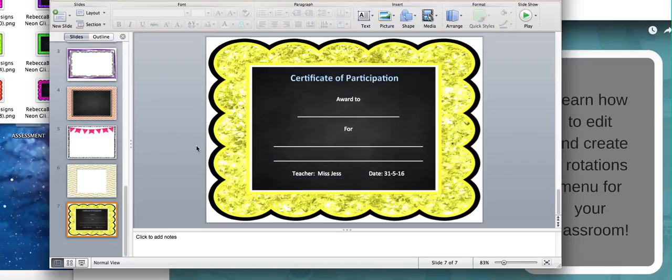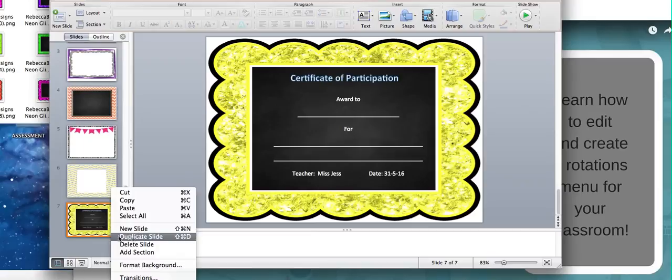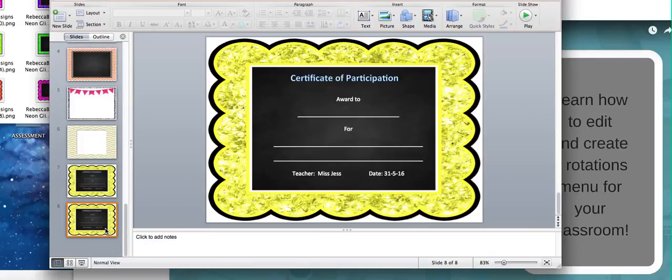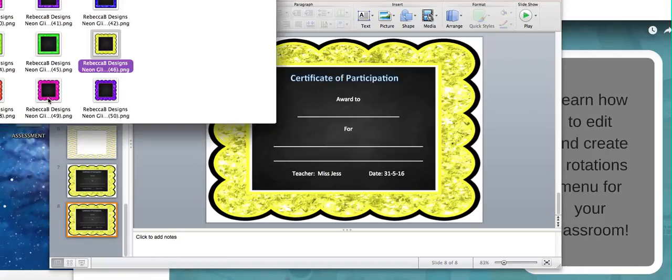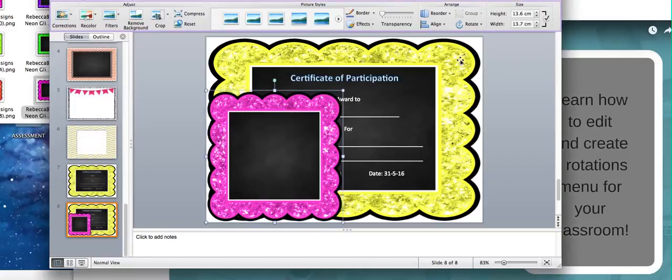The other thing we do suggest is you can actually create these different certificates with different colours. So if we were to duplicate the slide, perhaps you have a tier system in your classroom where you have participation awards, you might have happiness awards. You can actually just colour code. So perhaps you want to make this pink. Okay, so what we might do is